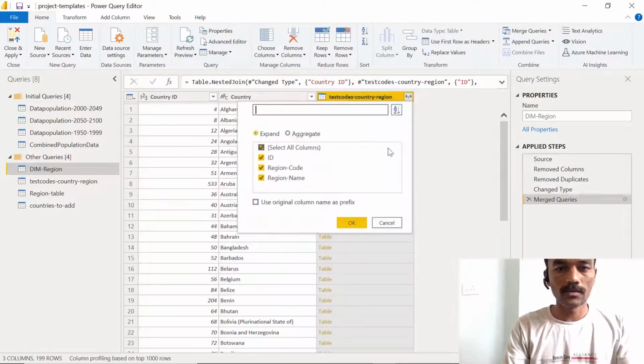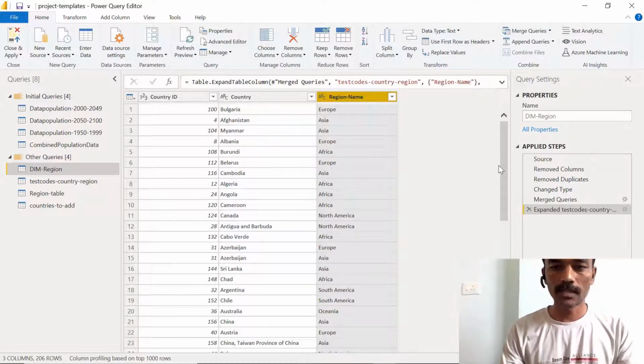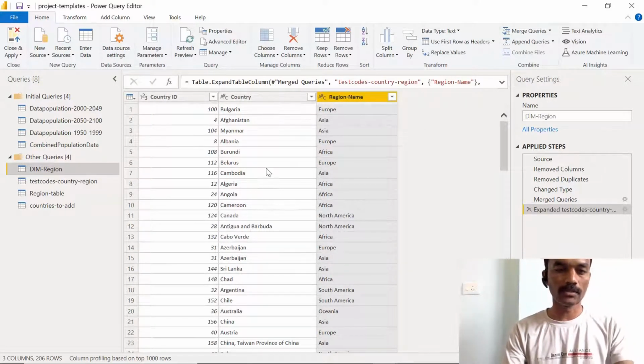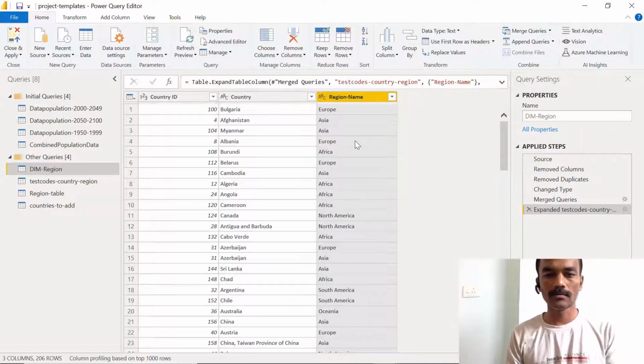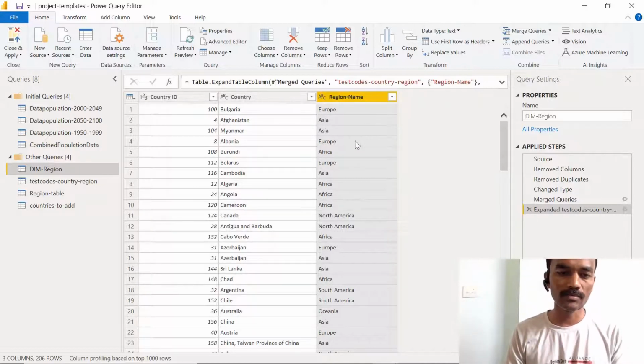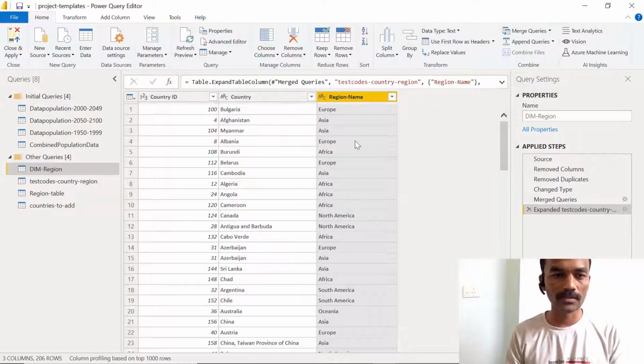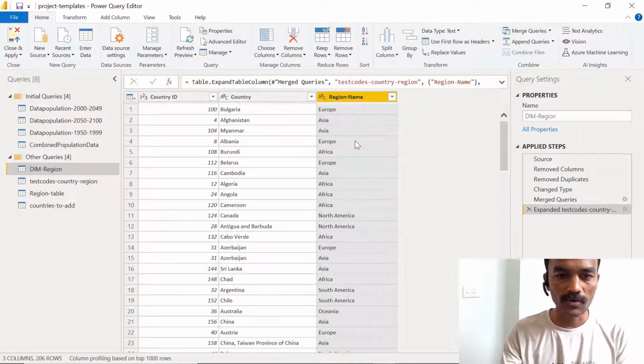Now we can see our data is there, and we'll just select region name, which we wanted to have. Now we can see that all the data looks good, and we should be seeing the respective region names. It's always better to check our data, because it may be possible that there are some duplicates or errors in it, so we need to make sure that everything goes correctly. For that, we need to see if there are any duplicates.